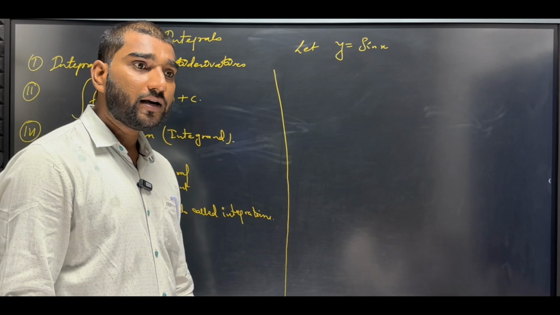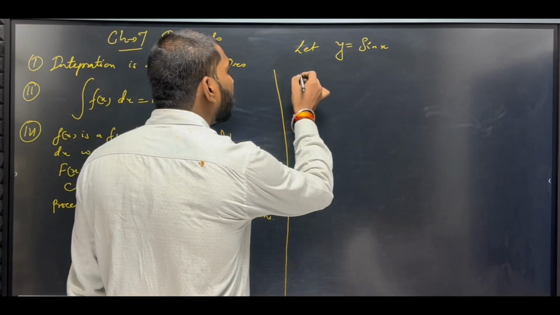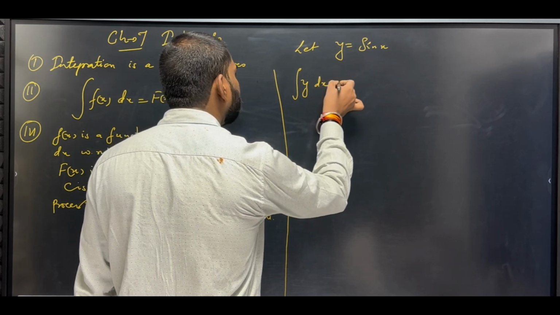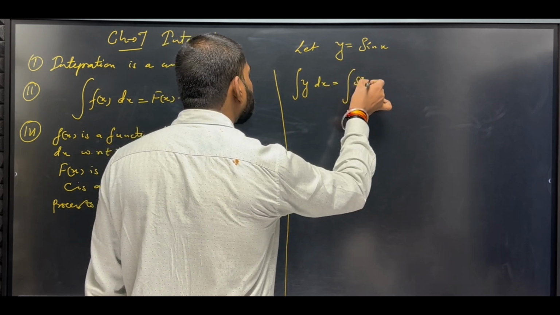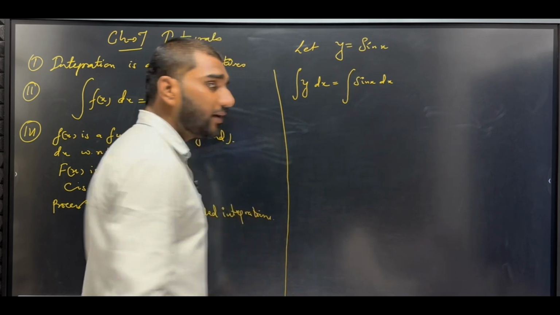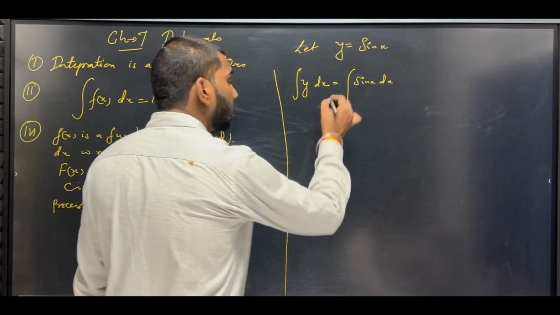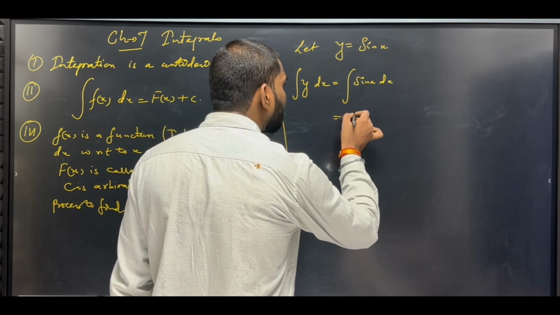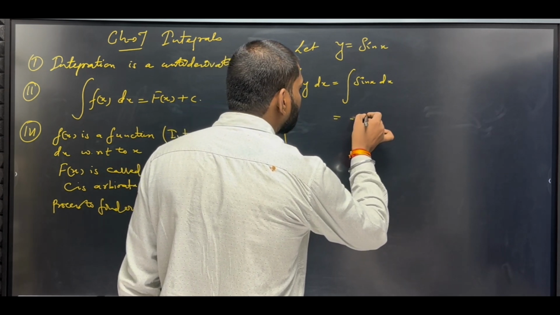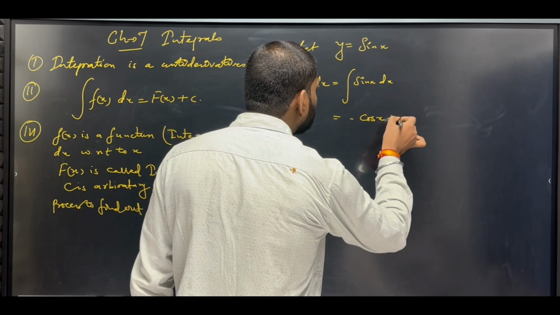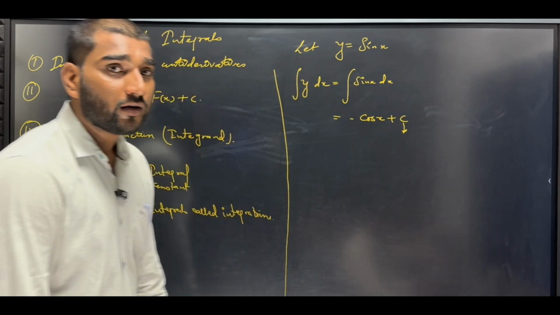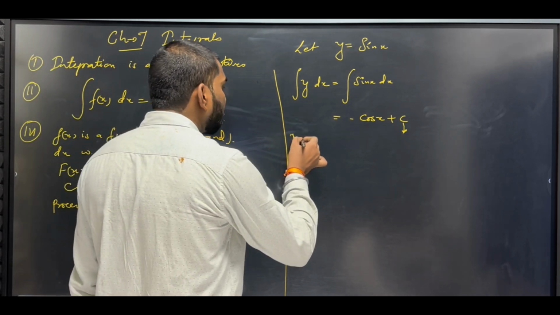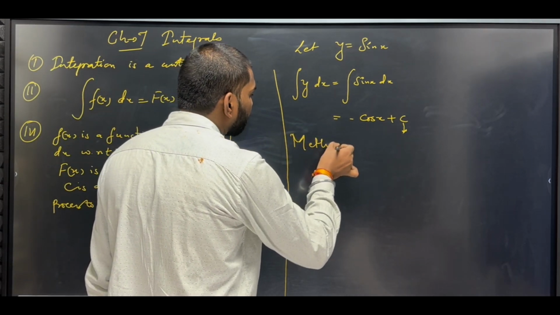How can you explain that? By the term we can explain that part. Integration of y with respect to dx is equal to integration of sin x with respect to dx. Right now, what is the integration of sin x dx? This is called sin x का integration minus cos x plus c, and c is called what? Arbitrary constant. This was the concept, and one more concept in the exercise first is the method of inspection.